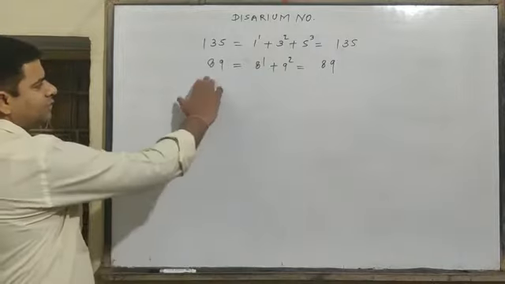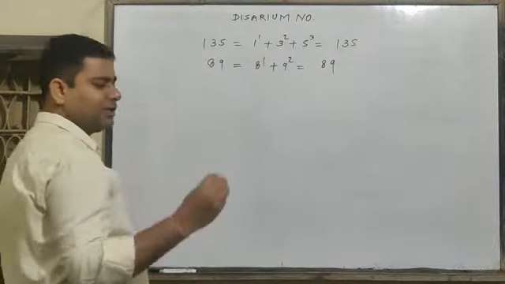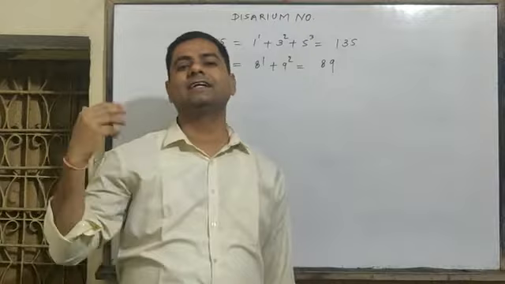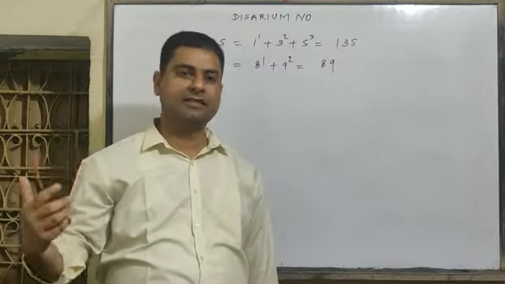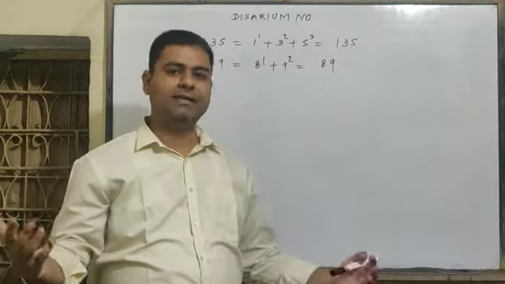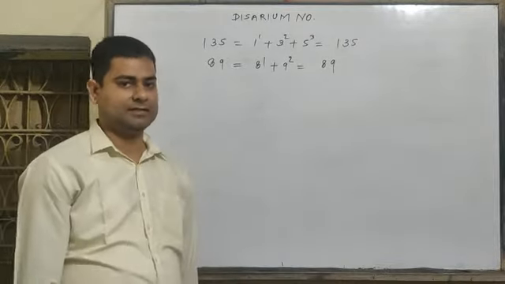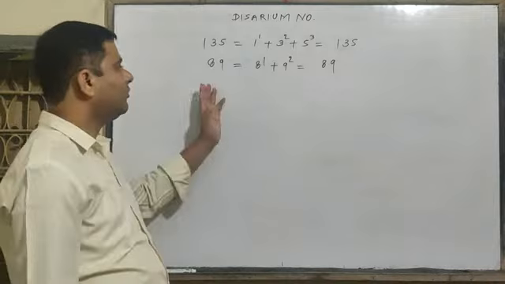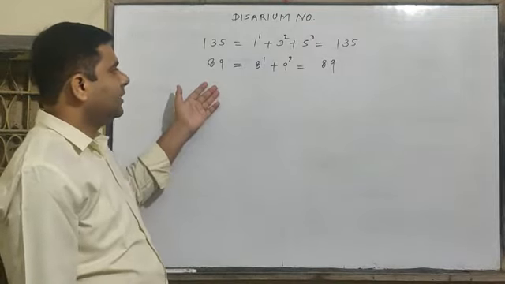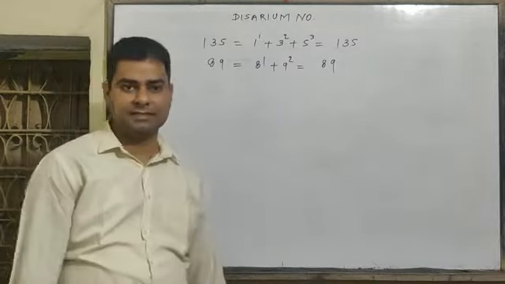Can you understand? 2 digits are there. So first digit raised to the power 1 plus second digit raised to the power 2 plus third digit raised to the power 3, okay? And then calculate the sum. So the sum should be equal to the number itself. Understood? So what will we have to do in this program? Again, we will have to count the digits.